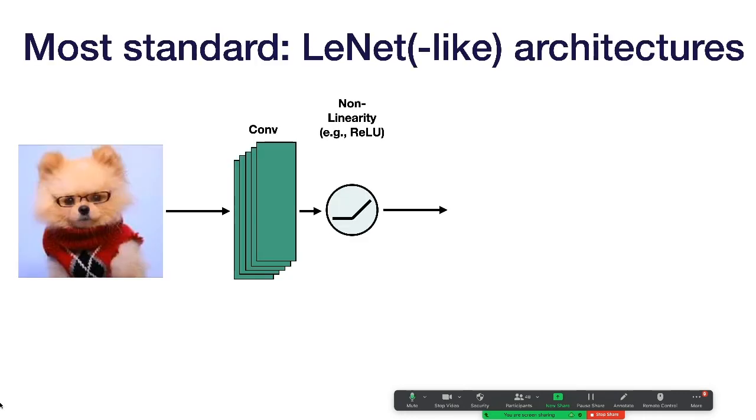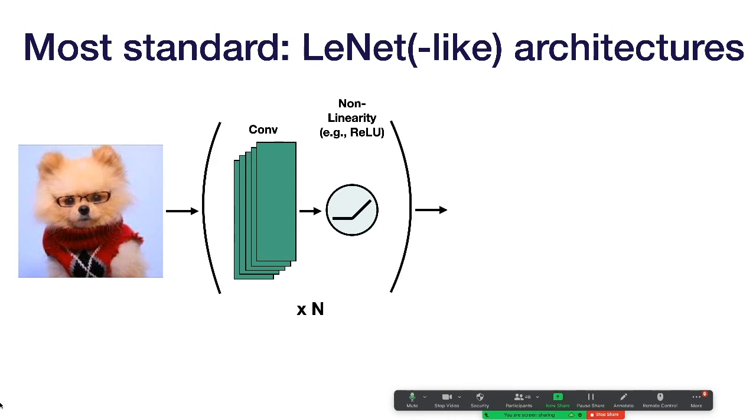But the simplest viable ConvNet architecture is the LeNet architecture, or the LeNet-like family of architectures. The way these architectures work is you take your image, then you pass that through a convolution operator, then you apply a nonlinearity, in most cases a ReLU,